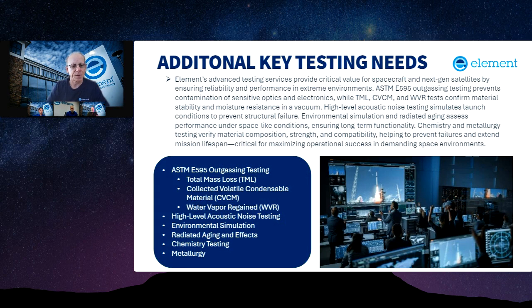Well, with that as well, I think really the key thing with any sort of harsh space environment is that Element is uniquely positioned for these testing programs. Comprehensive testing programs, in order to really span the entire development cycle. So with that, we develop multiple CapEx expenditures to really grow with our customers and support their programs from that end-to-end perspective. So Eric, could you talk a little bit more about ASTM, outgassing testing, acoustic noise testing,